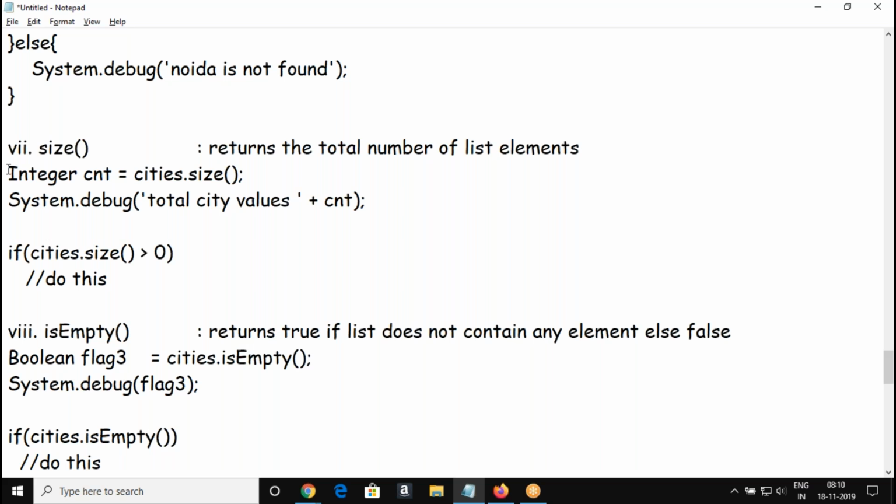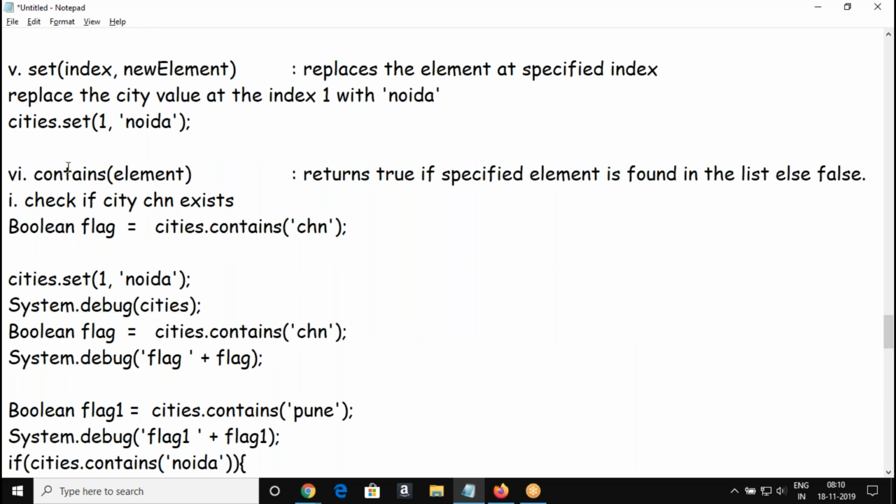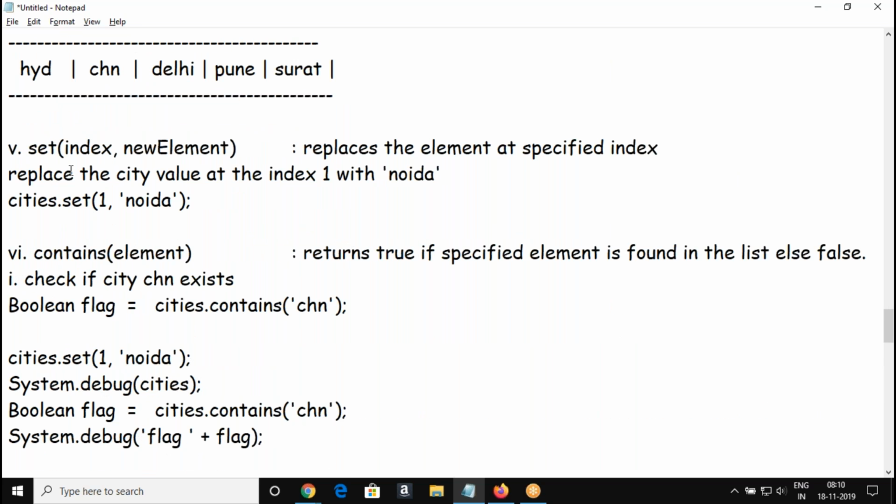Array doesn't have methods like the ones to check contains and set, so we have all those limitations in array. If you'd like to limit your process not to add more elements beyond the size, then go with array.